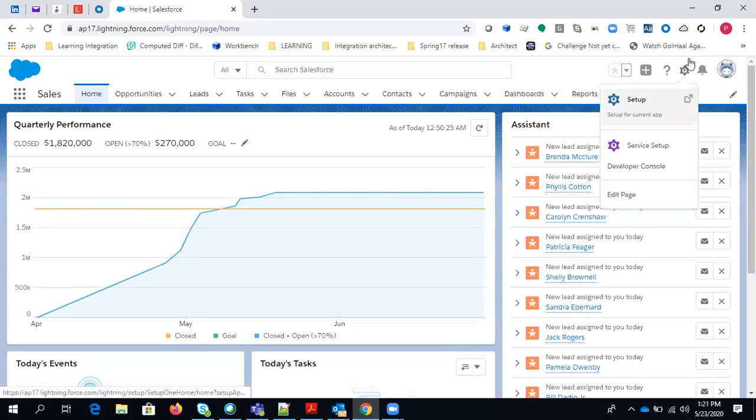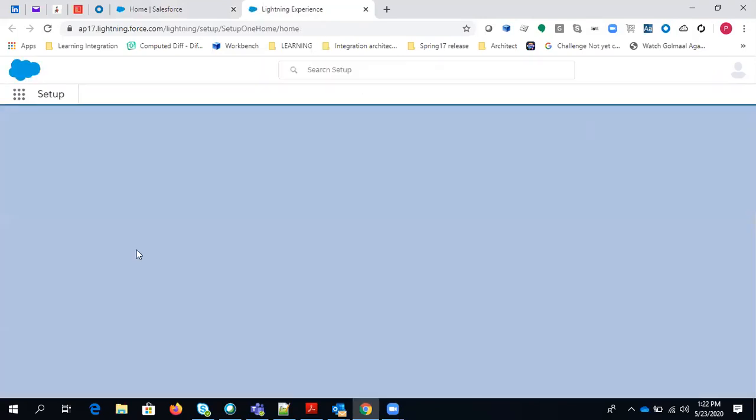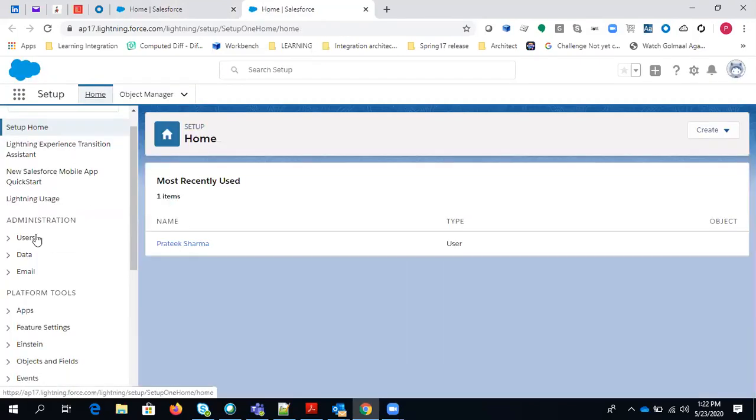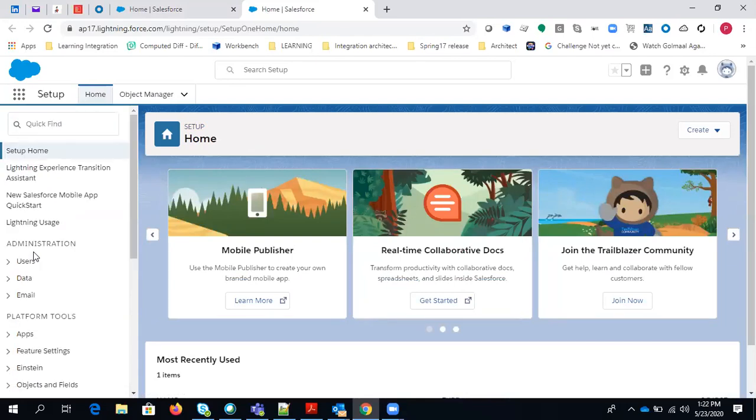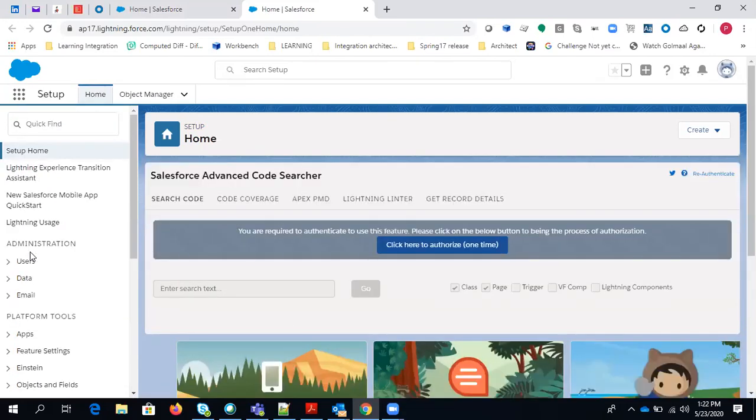If you click on this button, you will get the Setup option that you were getting in the Classic UI after clicking on your name, right? So here you get it by just clicking on this icon, and after clicking, you can see the Setup menu appear here. It can be a little bit different in the Lightning UI. We'll discuss each and everything step by step, but first we will discuss how to customize a home page, right?